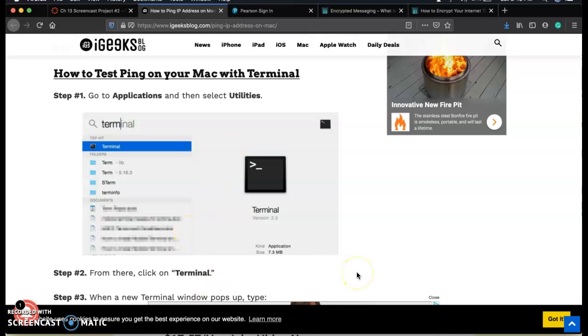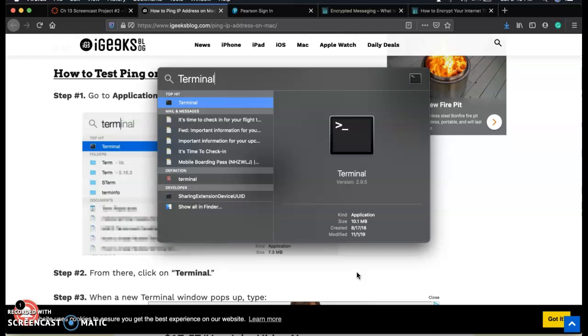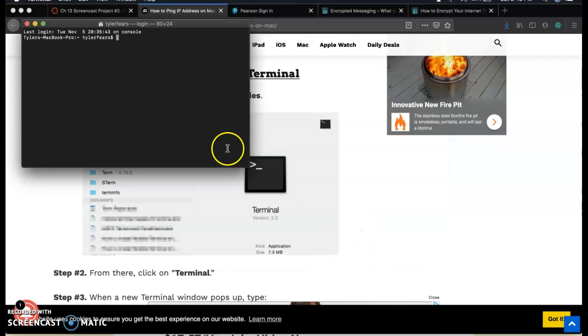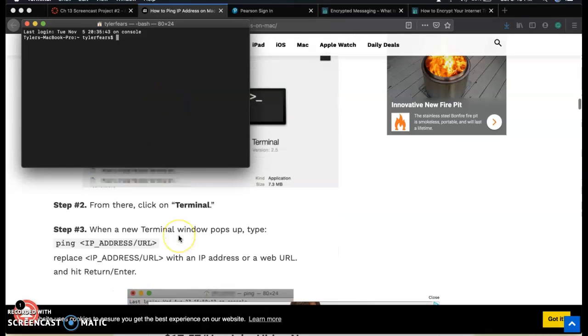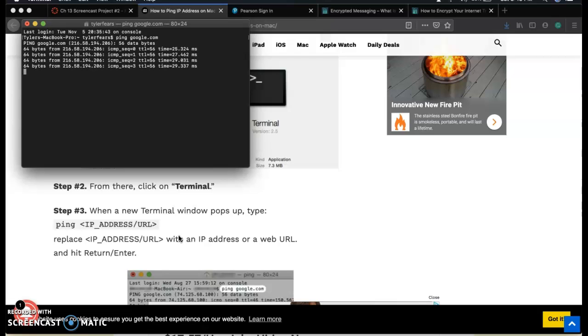Also, I can test my ping within my terminal, which is like the command prompt on Windows computers. And within that, it tells me to just type ping, and then we'll put google.com, and it tests that for me